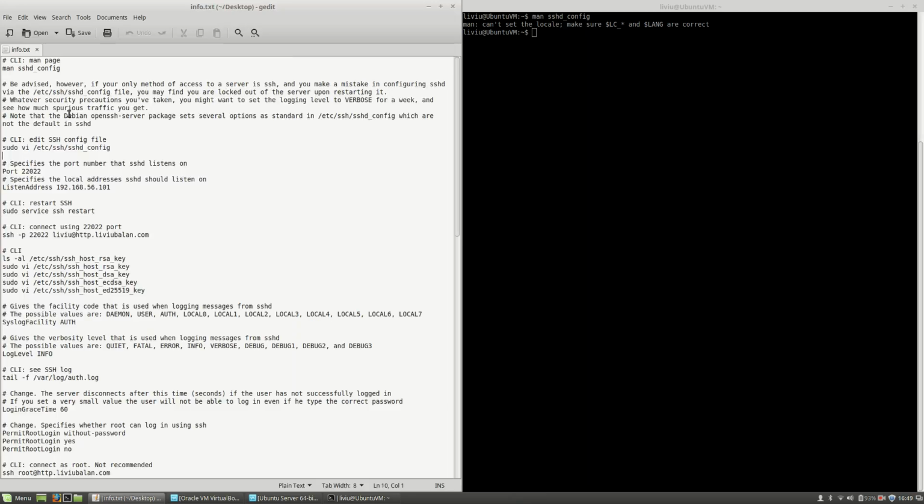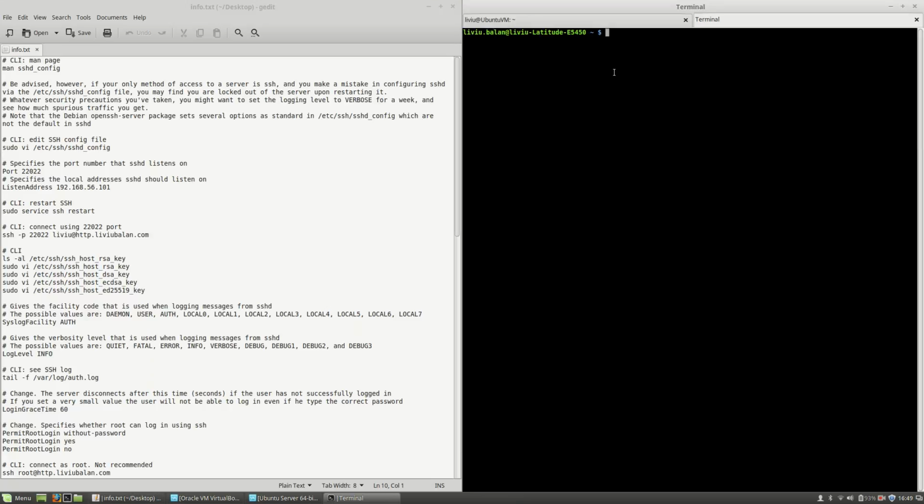Okay, so let's open a new tab here. This is my local operating system and this is the remote operating system, and you will see in a moment why. Or maybe let's open another tab. Let's connect here with SSH, Liviu at liviubolan.com. Okay,